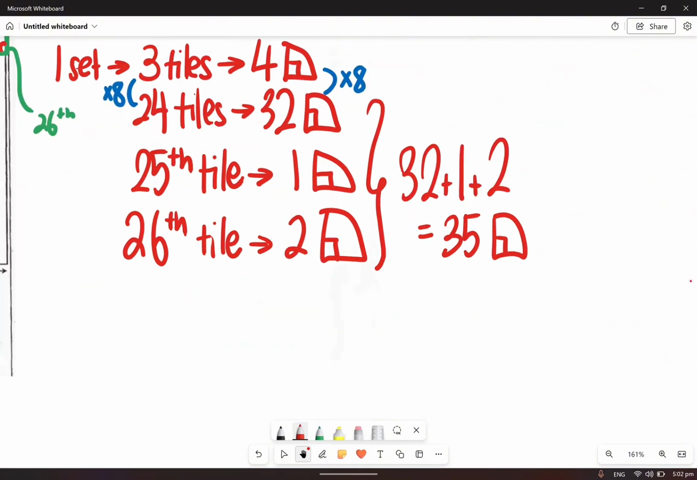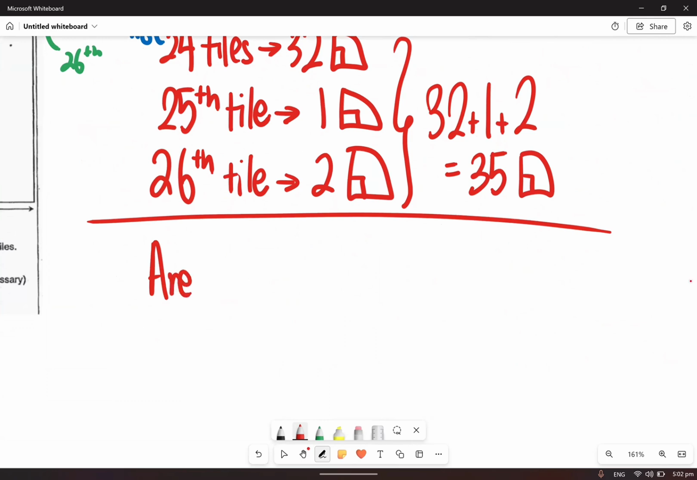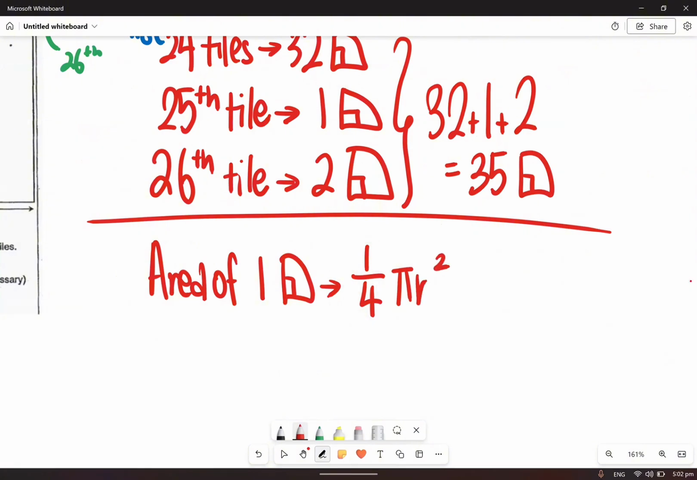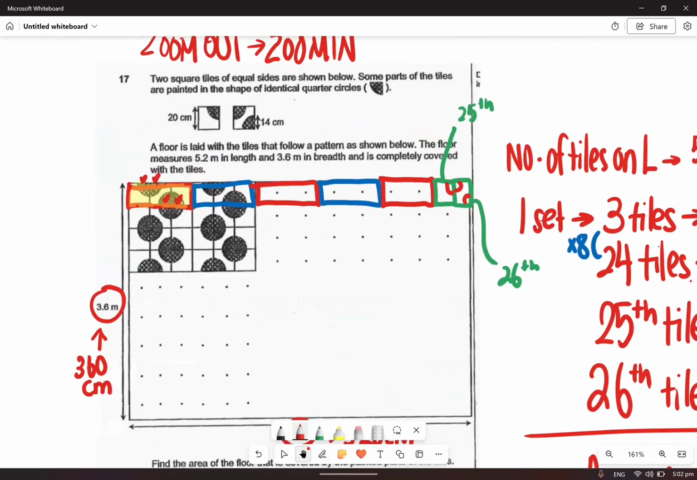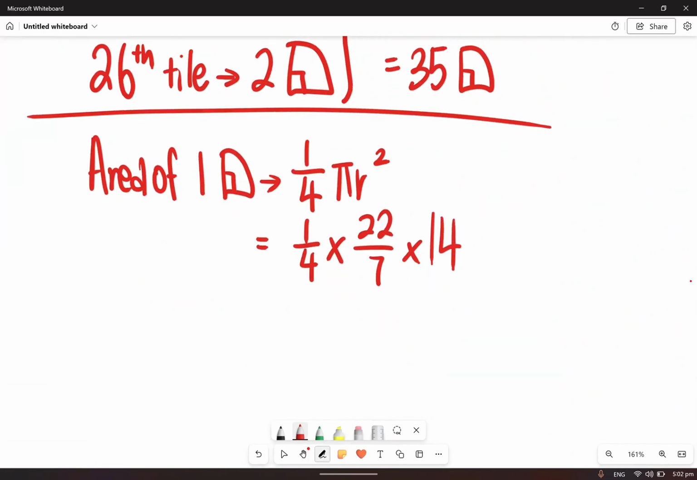Okay, let's quickly go and find the area of the quadrants. The next step you want to find is the area of one quadrant. To find the area of one quadrant, we just have to do 1 over 4 pi r squared. We will basically do 1 over 4 times 22 over 7. The radius, as you can see over here, is 14, so we are going to get 14 to the power of 2. When I do 1 over 4 times 22 over 7 times 14 to the power of 2, I get